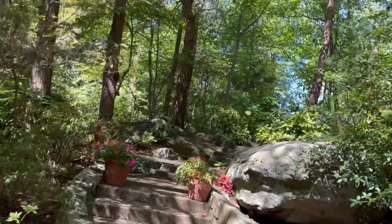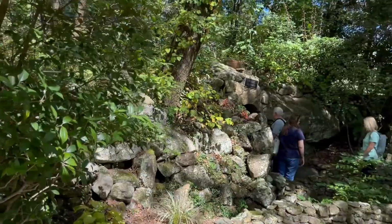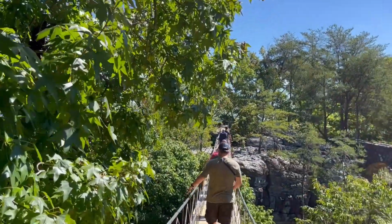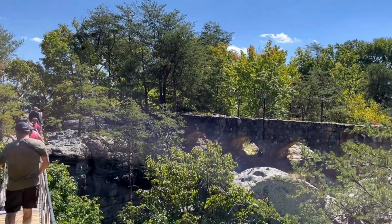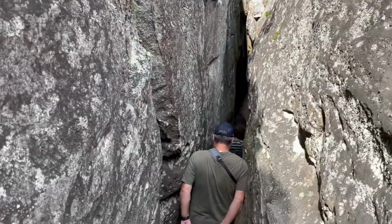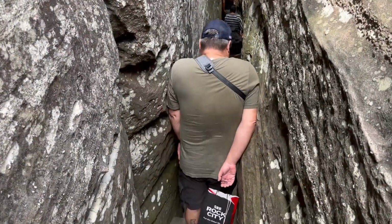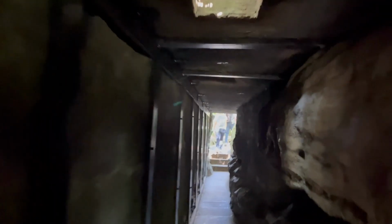And they've been kind of adding on to it ever since. Oh my gosh. So you'll see the footage that we have. It's just amazing. So many beautiful areas. There's a big waterfall there. Yeah, they have one that was called Fat Man Gap or something like that. So this fat man almost got stuck, but we managed to get through it. Yeah. So then, as you're kind of halfway through, you're actually up on the very, very top of